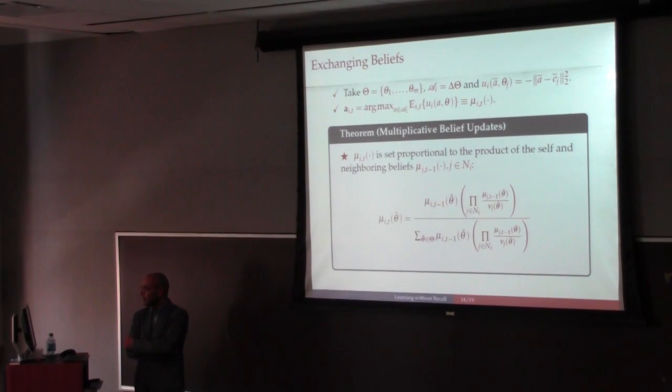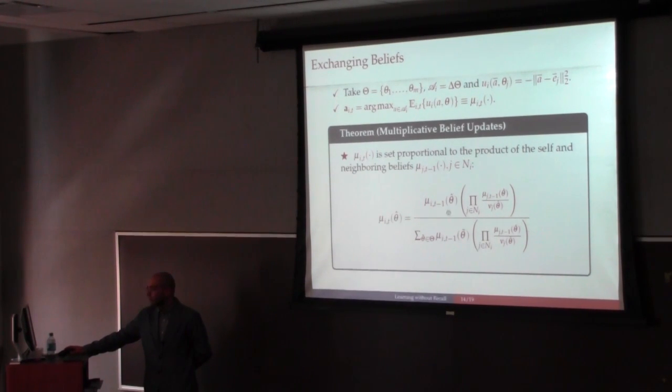So under these circumstances, we can follow that framework of deriving the time one Bayesian update and analyzing its structure. The time one Bayesian update in this case has this multiplicative structure. To understand this equation better, for example, you can assume that the agents are starting from uniform priors, so that the priors are going to be cancelled out. Then what it's prescribing is for the updated belief to be proportional to the product of your own as well as your neighbor's beliefs. So it is a simple product rule for belief updates.